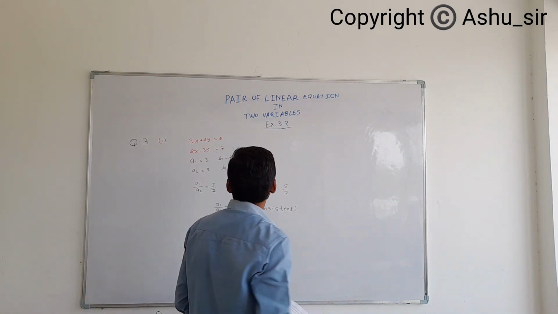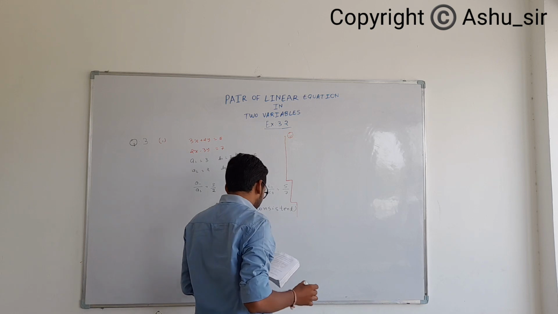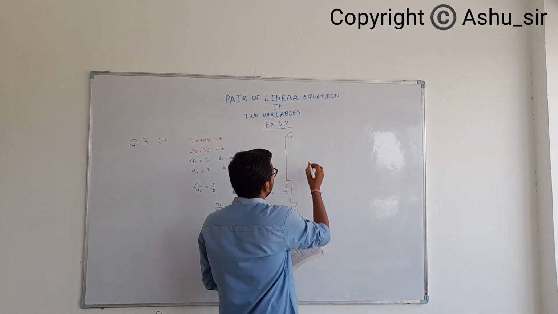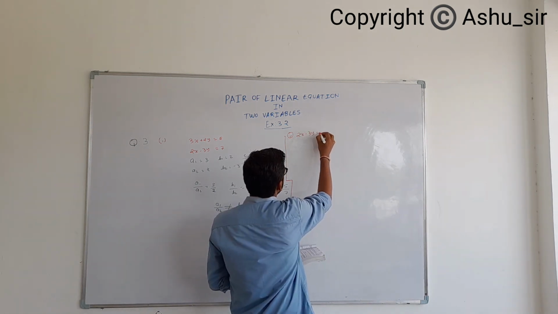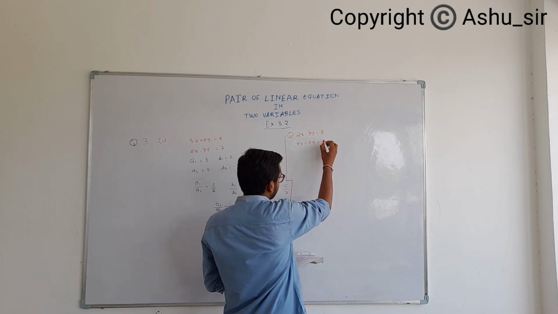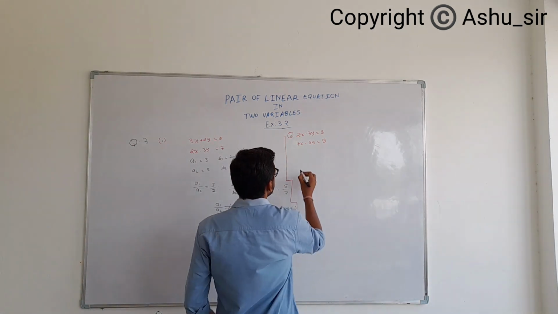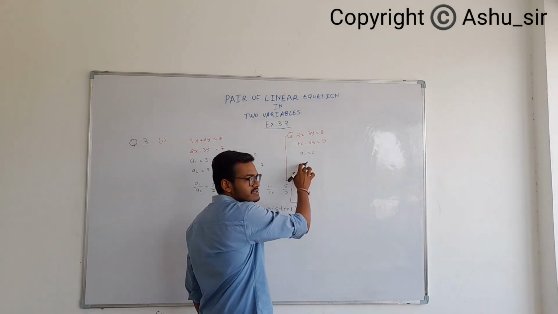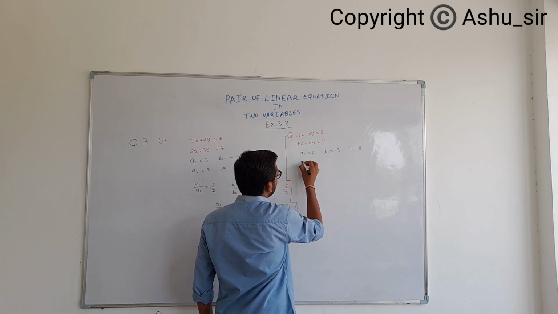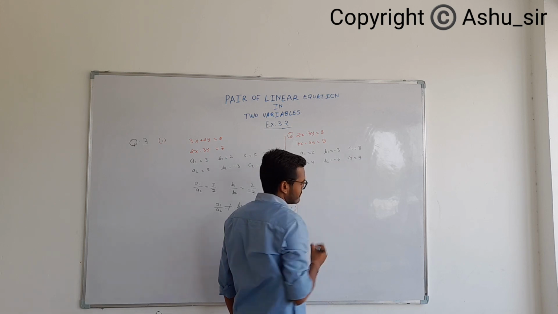Now let's solve the second one. यहीं पे करता हूँ मैं second one में. देखो second one में क्या है बच्चों? 2x minus 3y is equals to 8 and 4x minus 6y is 9. So these are the two equations, right? Now a1 is 2, b1 is minus 3 and c1 is 8. a2 is 4, b2 is minus 6 and c2 is 9, right?